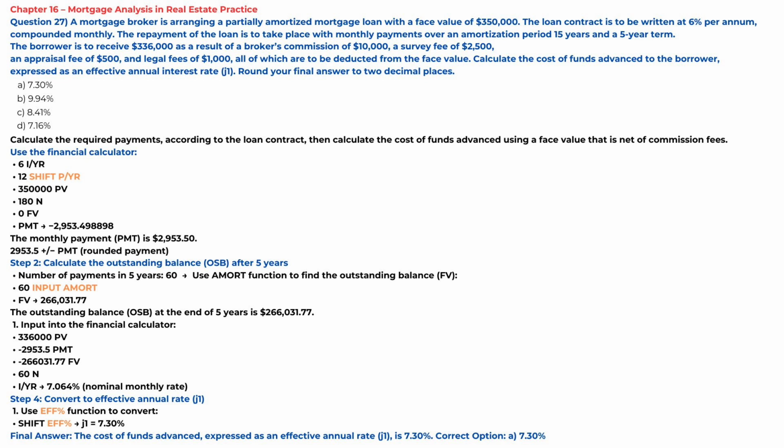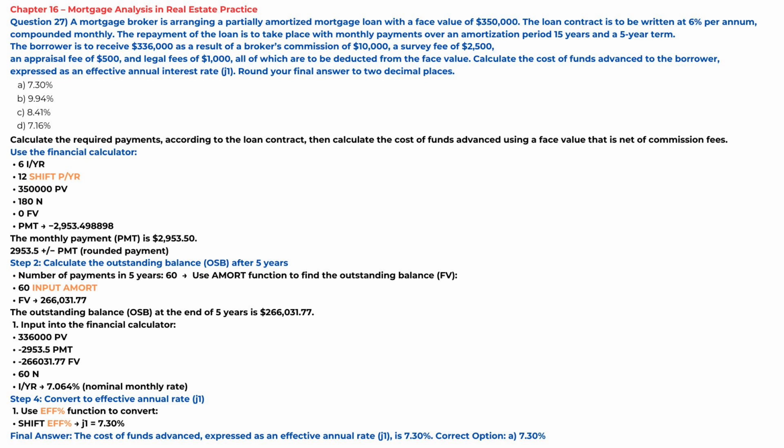Step 2. Calculate the outstanding balance, OSB, after 5 years. Number of payments in 5 years, 60. Use the amort function to find the outstanding balance, FV. 60 input, shift, amort, calculator displays per 60 to 60. FV equals 266,031.76828, which rounds to 266,031.77. The outstanding balance, OSB, at the end of 5 years is